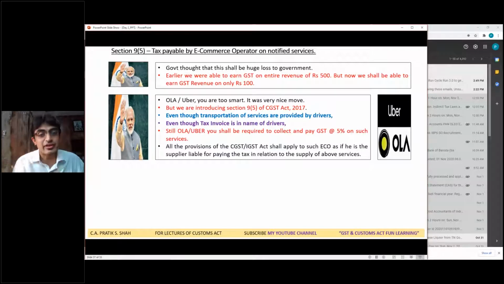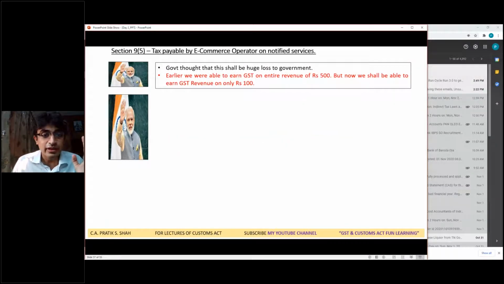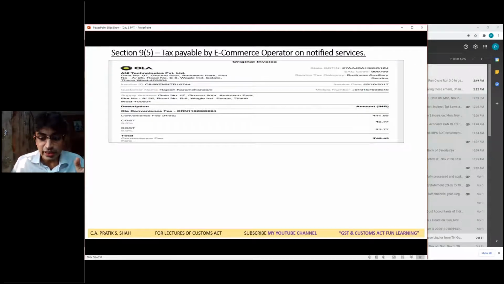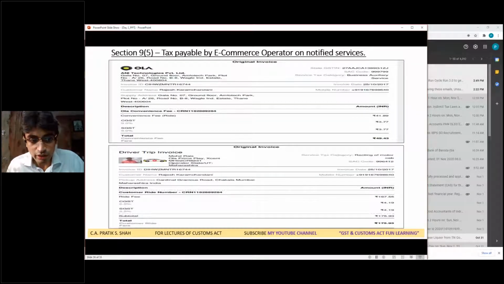It will be deemed as that. Samjha aapko? This is how the point is. That's why if you see this invoice, that invoice is in the name of driver. On ride fee there is 168 rupees, but there is 2.5 CGST, 2.5 SGST, which Ola will collect and pay to the government. Okay, so even though invoice is in the name of driver, even though the services are provided